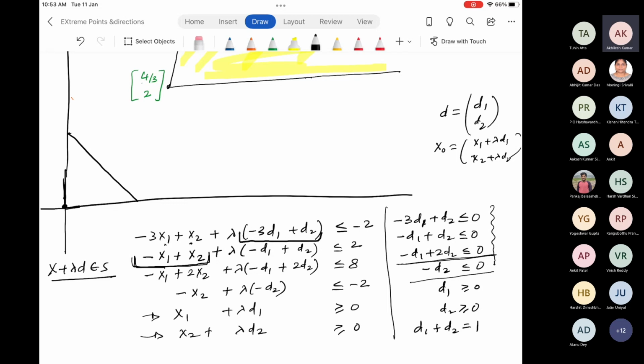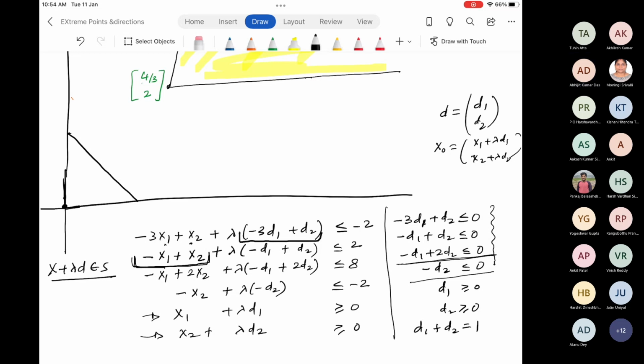Who can help me explain it to him? So I can try to help. The equation is minus x1 plus x2 plus lambda into some constant. Now, our definition is that it is true for all lambda, not for a single lambda. Since it is for all lambda, if lambda into something is negative, then only it will satisfy less than or equal to 2 always. Otherwise, there can be a scenario where for some lambda it may go beyond 2 if it is not less than or equal to 0. That's why it has to be less than or equal to 0 for all lambda, to satisfy less than or equal to 2 for all points.